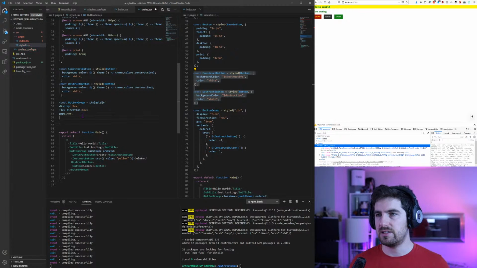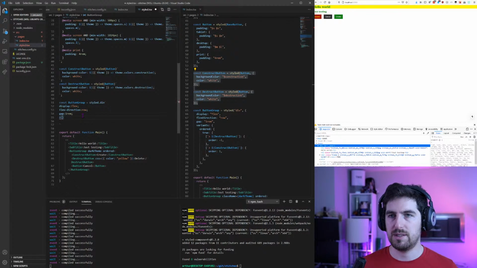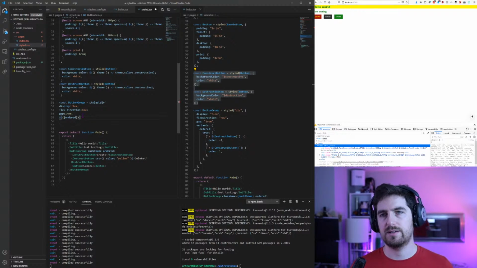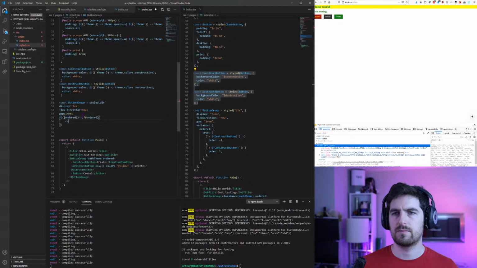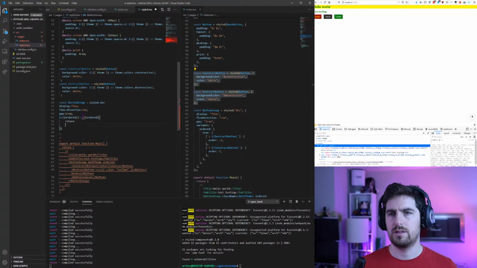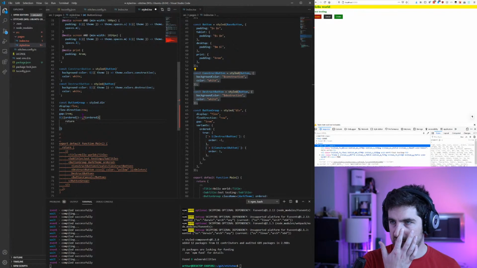So in that case, it's something I only want to show in the case I am ordered. So I'm going to do something like a big string interpolation. Ordered, and if I am ordered, I'm gonna return a big string interpolation, which is going to be